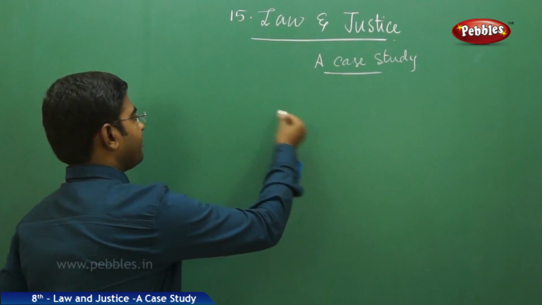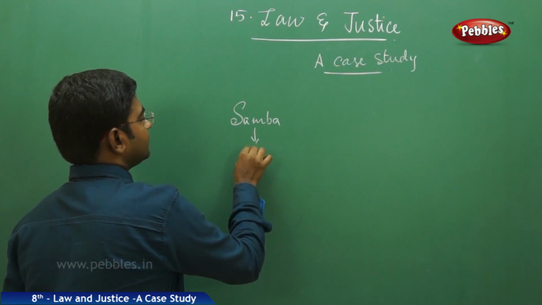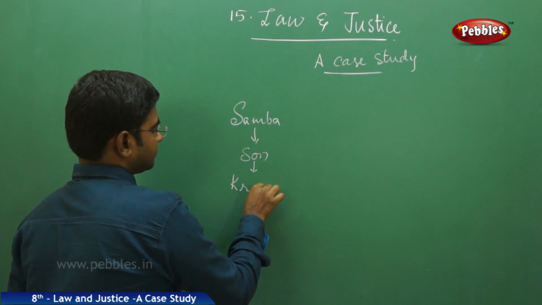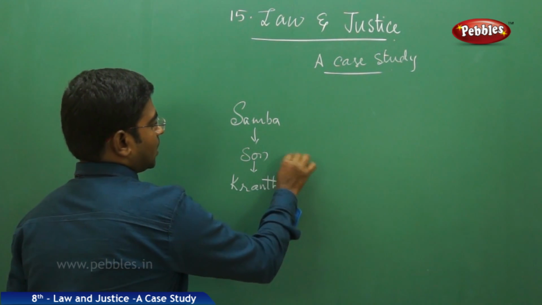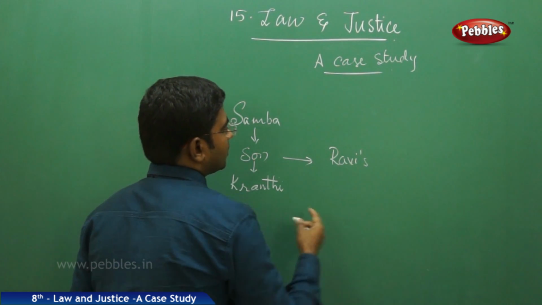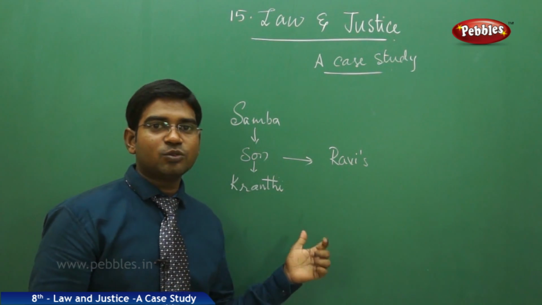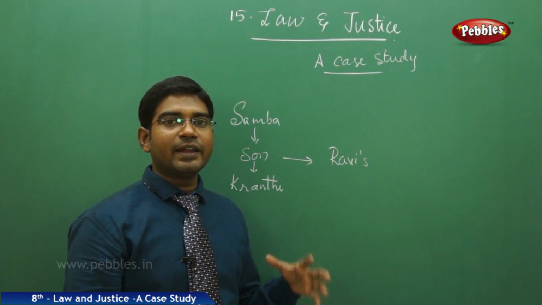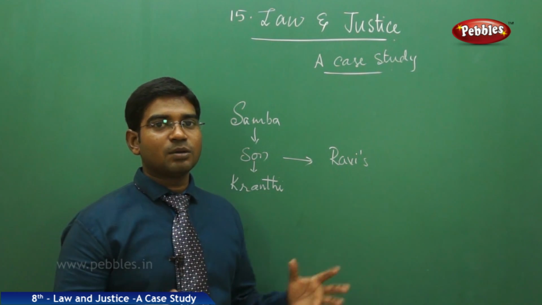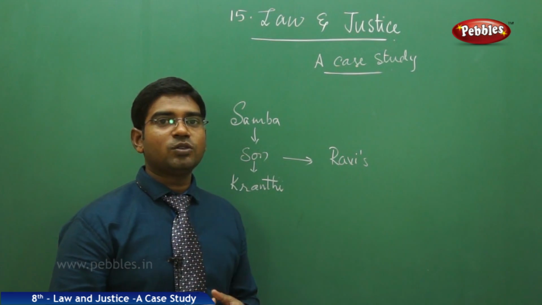So in this process, one day Samba, along with his son Mr. Kranti, went to Ravi's house asking about the plot. But to the tragedy of Samba, Ravi decided to misuse his money and denied giving the plot to him. And he started an altercation. He arranged some people to beat Samba. This spread to the entire village.